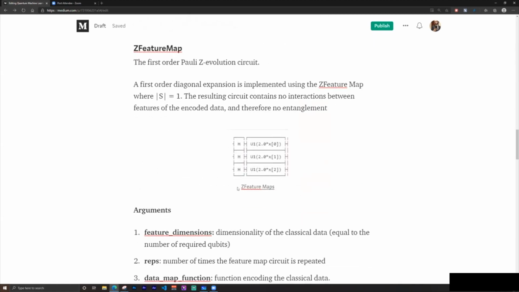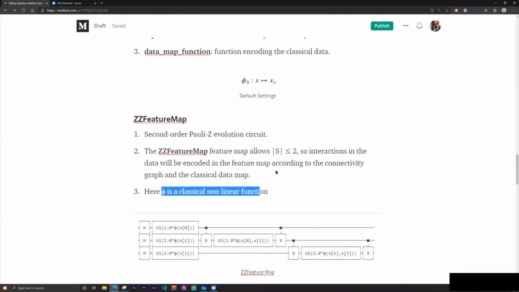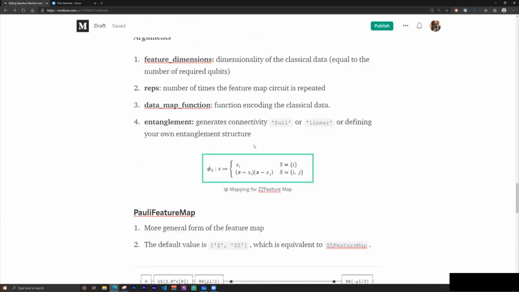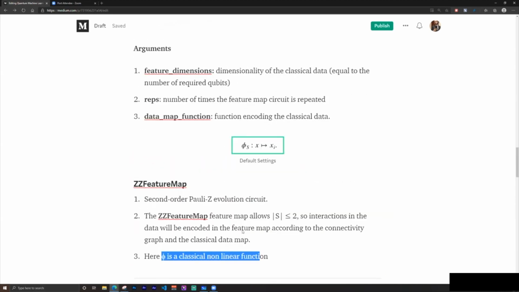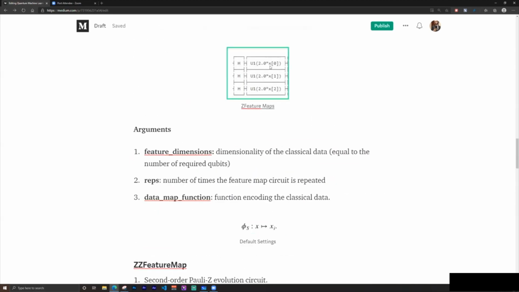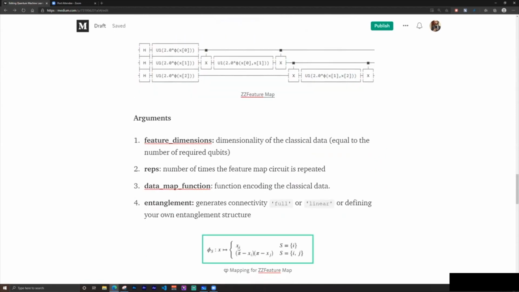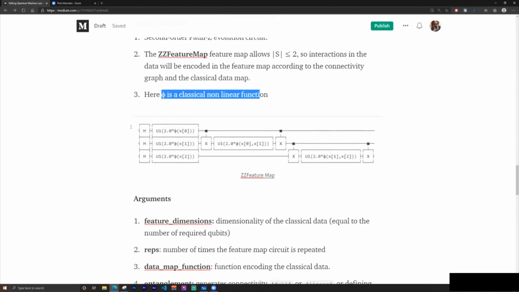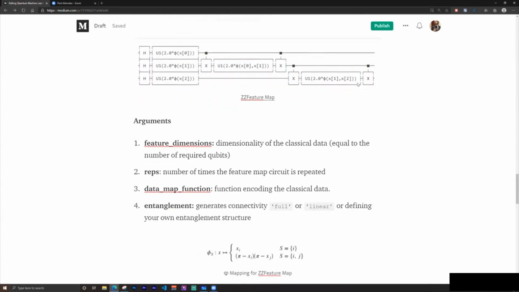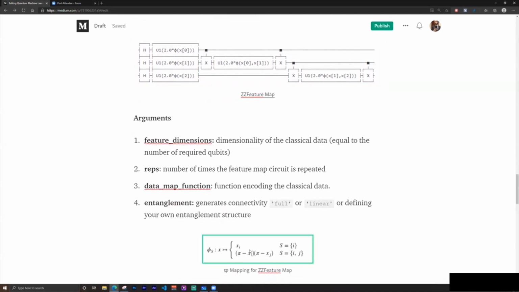So there are two default values here. The default value is directly x, if you give the phi value, you get the same as inside. Whereas over here, there are two possible ways. By default, the initial segment is pretty much our Z feature map, whereas the next segment is the entanglement, which creates the entanglement state. Whereas the angles, how do we get them,